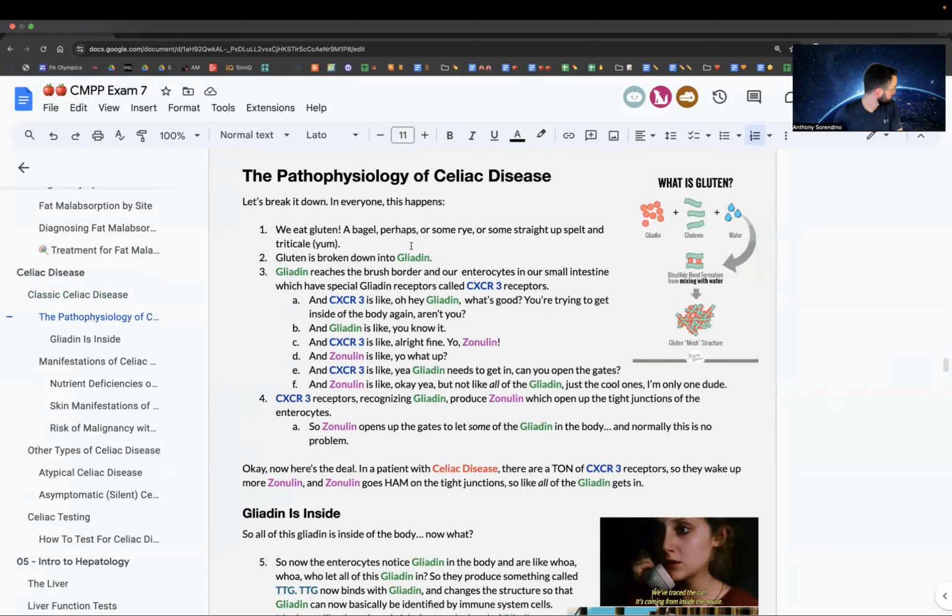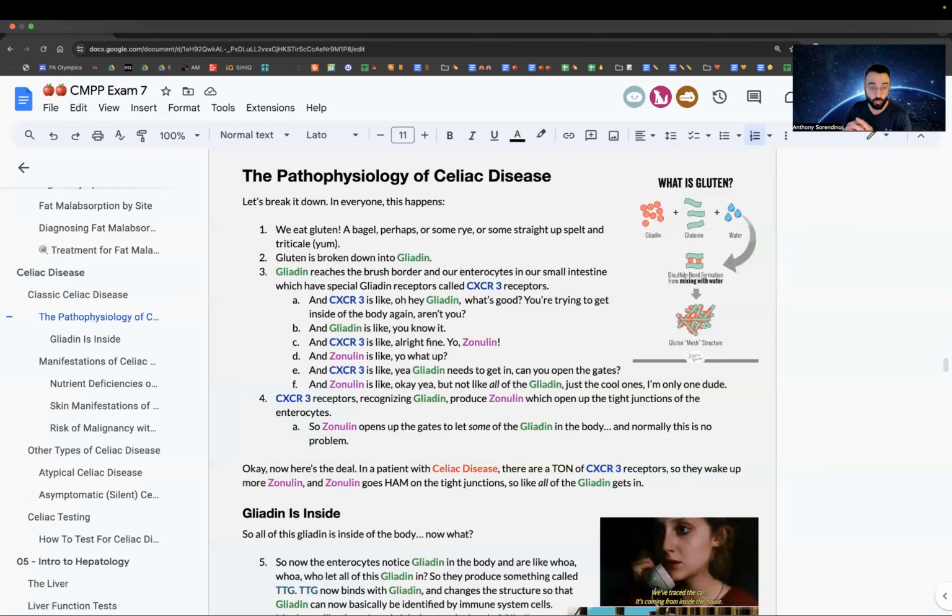Okay, so all right, so we eat gluten. So a bagel or some rye or something called spelt or triticale. Okay, the gluten is broken down into something called gliadin. Gliadin reaches the brush border, and our enterocytes in our small intestine, which have these special gliadin receptors called CXCR3,